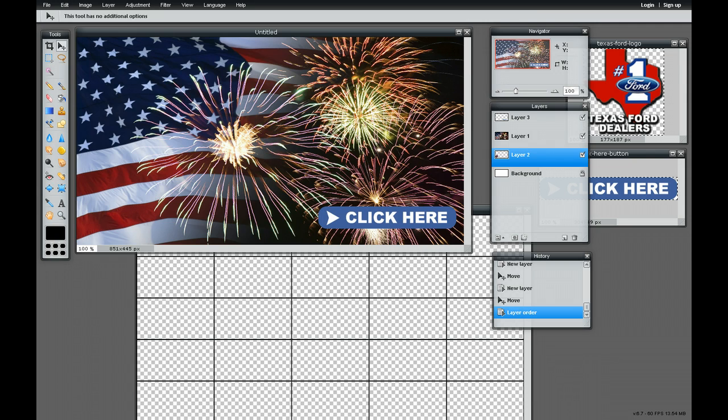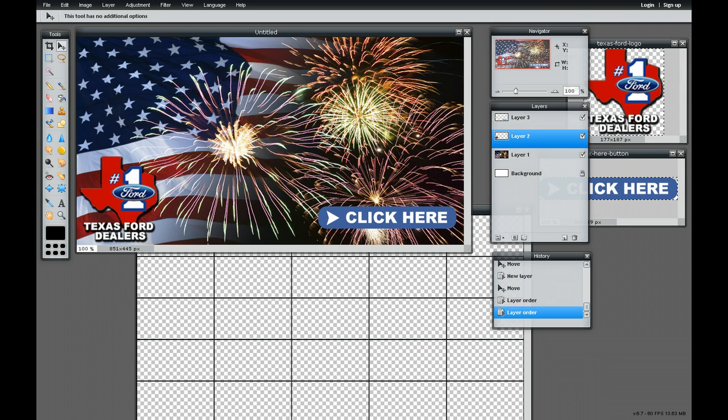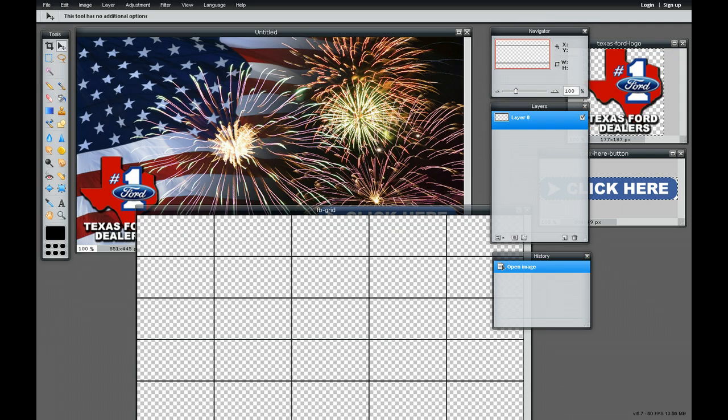So what we want to do is just get our layers in the right order here so that we can see it. So that basically looks like what we want. We want a basic image that's going to catch the user's eye. We want the tag so we can get paid, and we want the action button so we know what to do. Now the last thing we're going to do is we're going to jump over here to our Facebook grid,